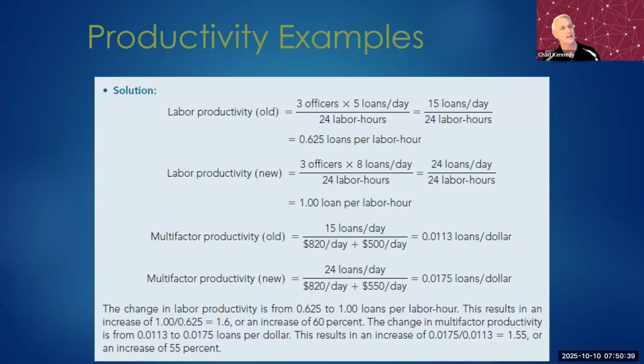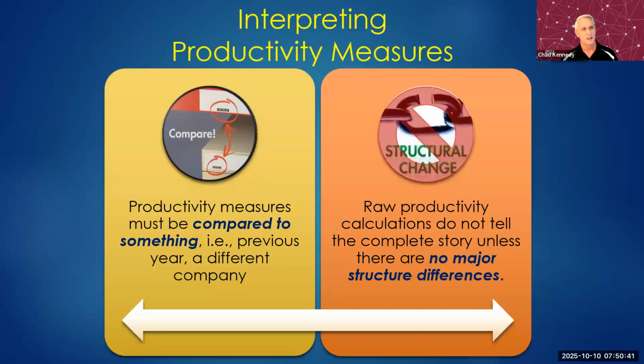Now, that's not all there is about productivity. We also have to look at, how do we interpret this? It sounds great, but maybe we're not measuring a decision of implementing a new technology, which is the last case. Maybe instead we just want to measure it over time. Are we increasing? Are we decreasing? Are we getting more efficient? Are we getting less efficient in our operations? I don't know. Got to figure that out.